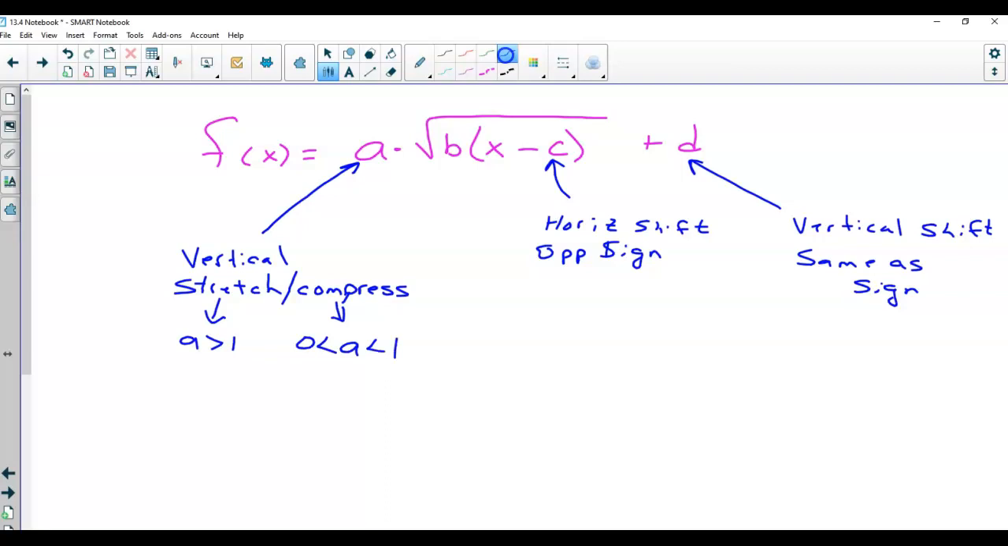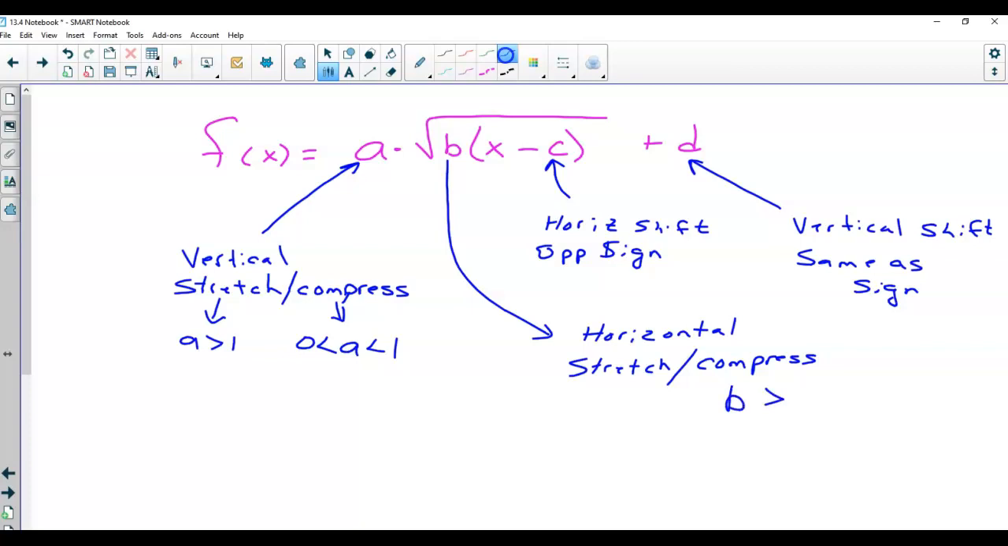Okay? And then what is this b guy doing in here? This is a horizontal stretch/compress. And it does everything just the opposite. Okay? So if b is greater than 1, it is going to compress it